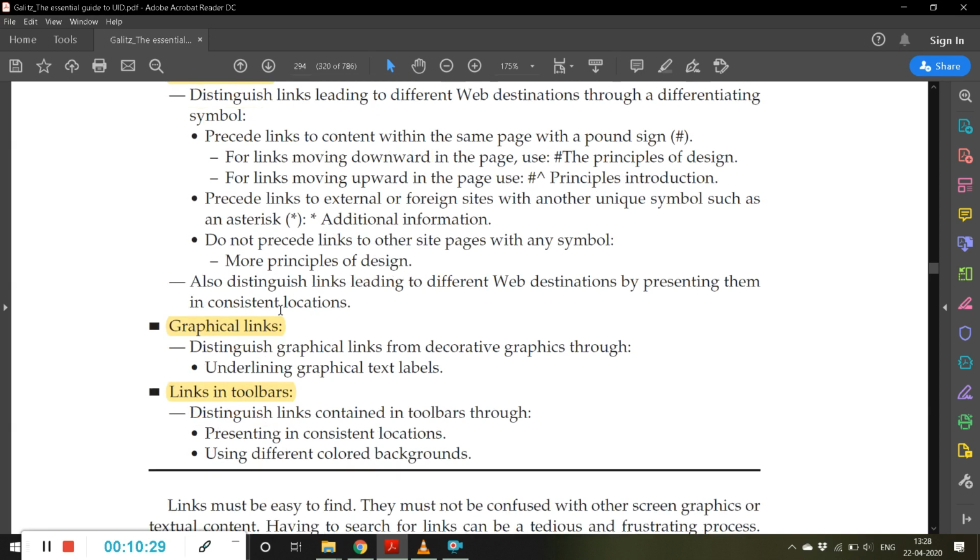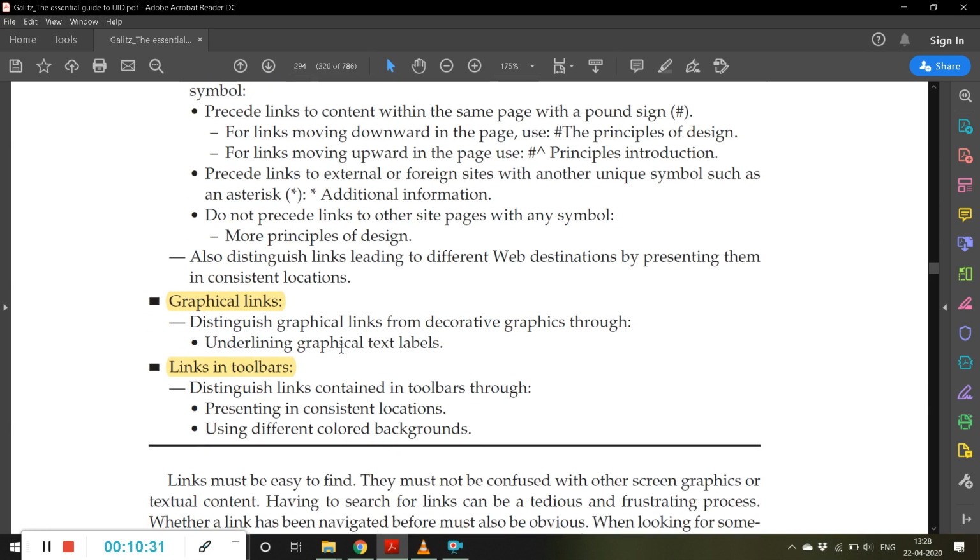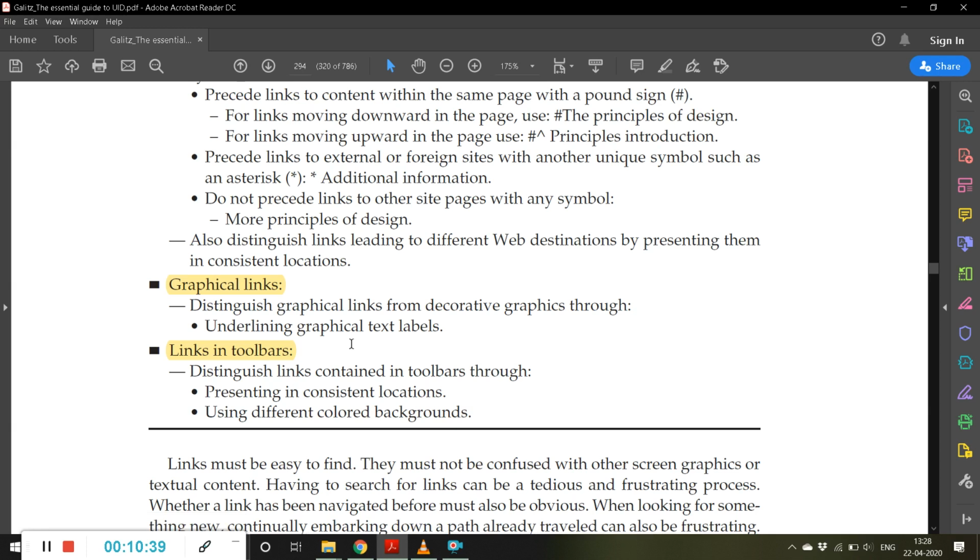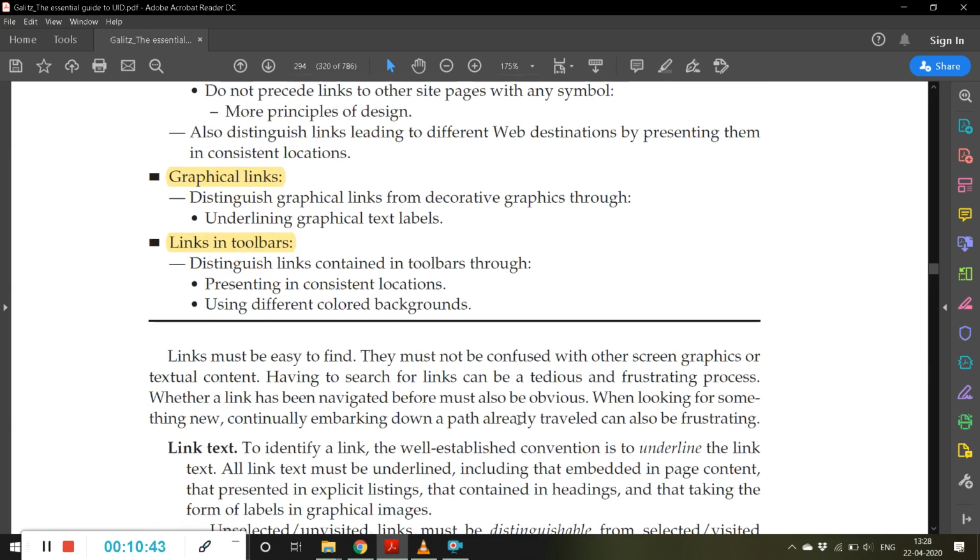Then graphical links: distinguish graphical links from decorative graphics through underlining graphical text labels. Then links in toolbars: distinguish links contained in toolbars through presenting them in consistent locations and using a different colored background.